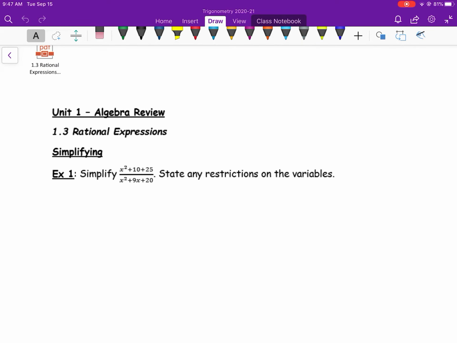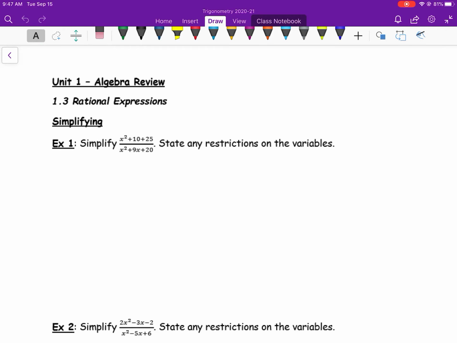Alright, today we are doing 1.3 rational expressions. So a rational expression is basically expressions expressed as fractions. Alright, so we have to simplify them. We're going to simplify, we're going to multiply, and then we're going to divide. And add and subtract. Alright, so example 1, we're going to simplify x squared plus 10x plus 25